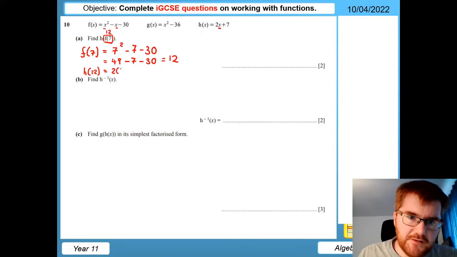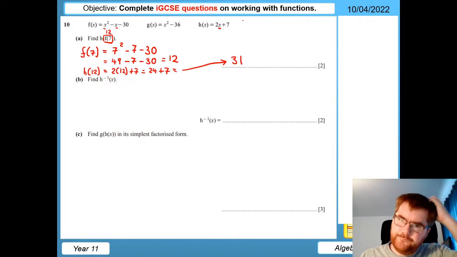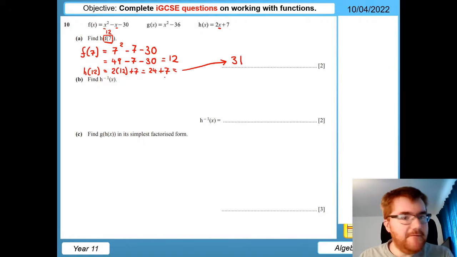So we get 2 lots of 12 plus 7. So that's equal to 2 times 12 is 24. 24 plus 7 gives us our final answer here of 31. And notice the inverse function has come up